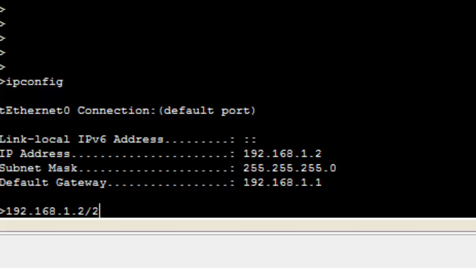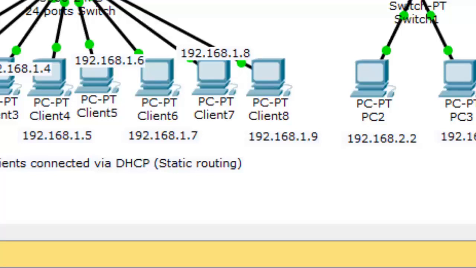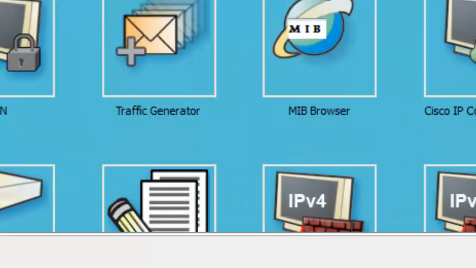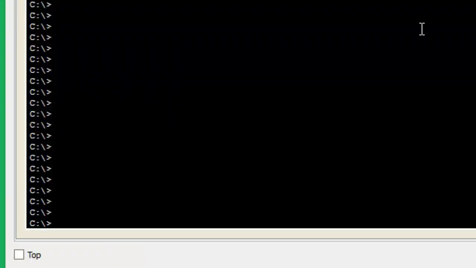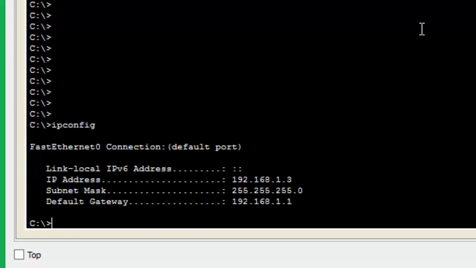Now let's move to the ping command. We have our network here, our IP of 1.2, and that was for client 1. Let's see client 2. This is client 1, so let's see client 2. Client 2 is this one. We double click on it. So here we have client 2. We also have to see the IP address of client 2, just in case we want to ping it. We have to know the IP address of that device before we ping it. So client 2 has an address of